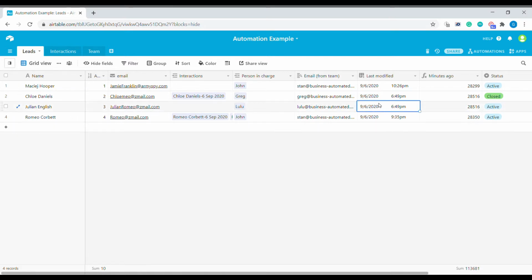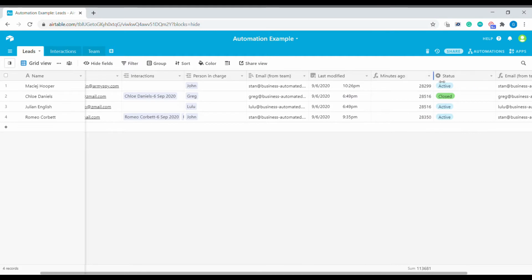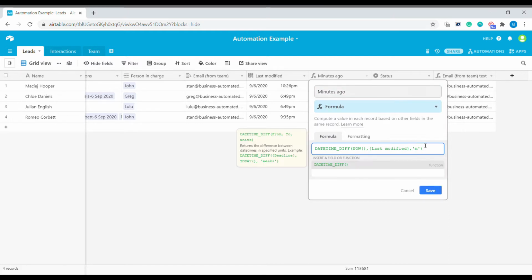We also have the last modified date, which indicates when was the last time any activity happened to this particular record. And one more thing that we have here is a field called minutes ago. This indicates how many minutes ago the last interaction happened.